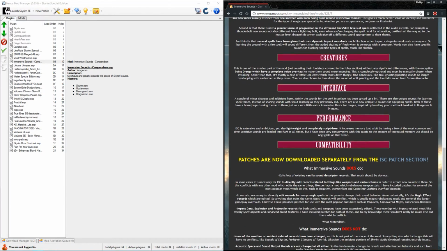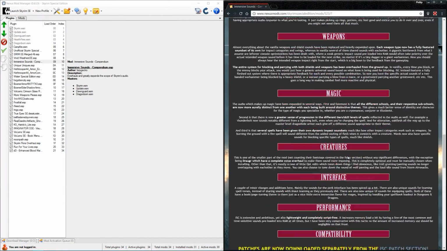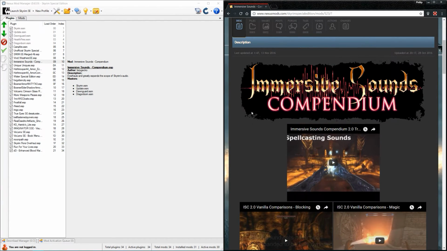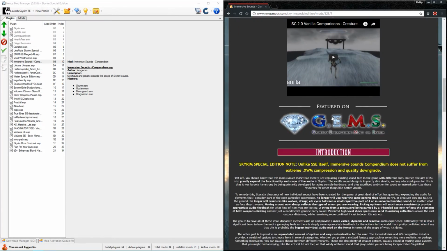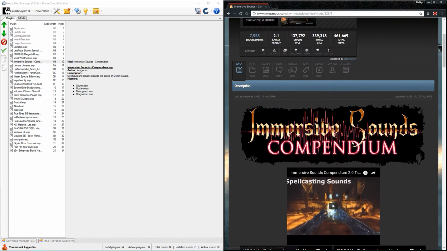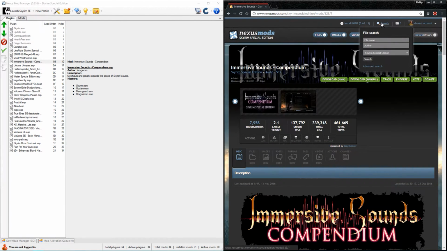Now, apparently there was an issue with the Skyrim Special Edition audio where the compression they used actually made it sound worse than the original Skyrim audio, so it's worth sometimes getting these mods just to help you out, because sound is really important in game design for sure. Next we have